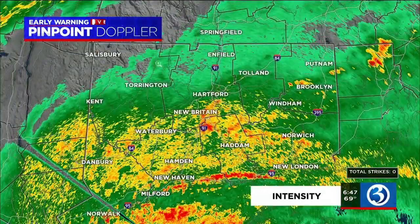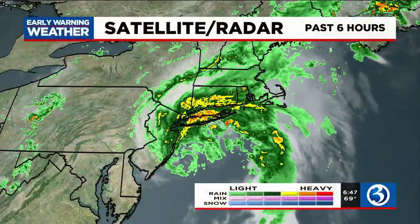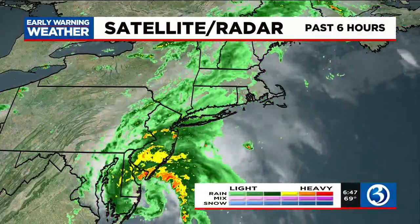Lesser amounts here in Litchfield County, though. It's starting to fill in a little bit more. Salisbury, you're dry right now, but Torrington, you got some rain. Same thing with Kent and over towards Tolland, Brooklyn, and Putnam. Some heavy downpours there. Here's a wider look at the satellite and radar picture, and you can really see that